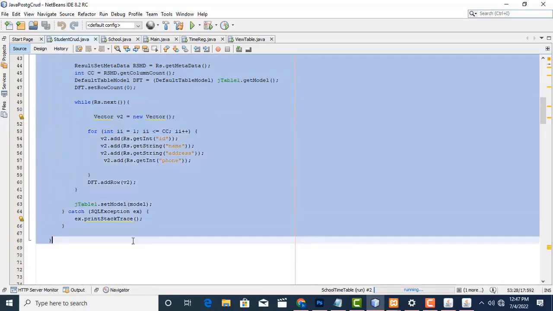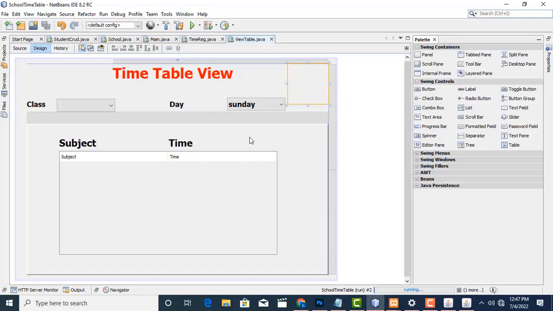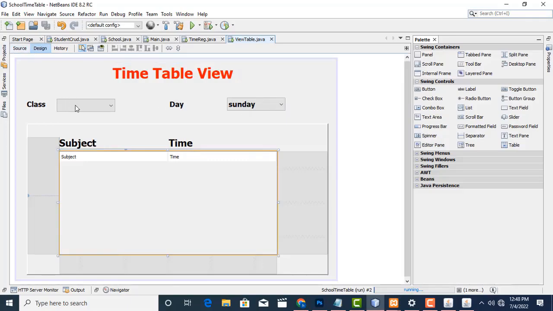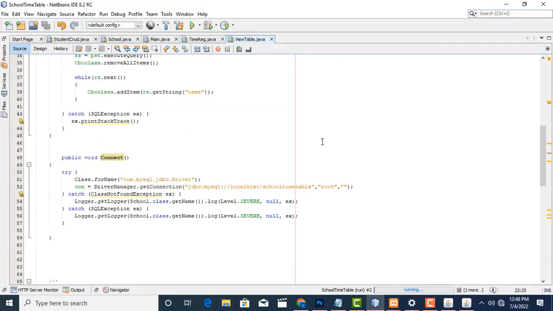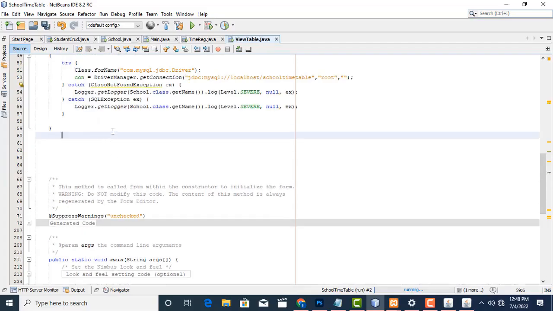So we will load the table. It's a table you have to load. So select the days and time. If you select the day and time, you have to load and show the subject. Okay, so what I'm going to do is here